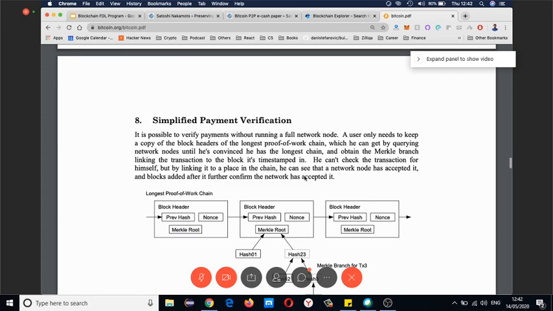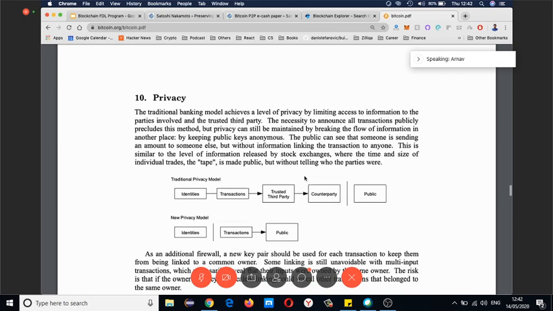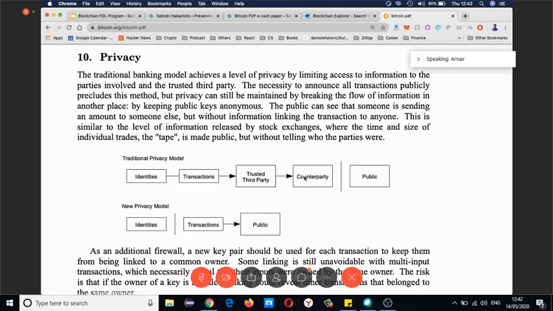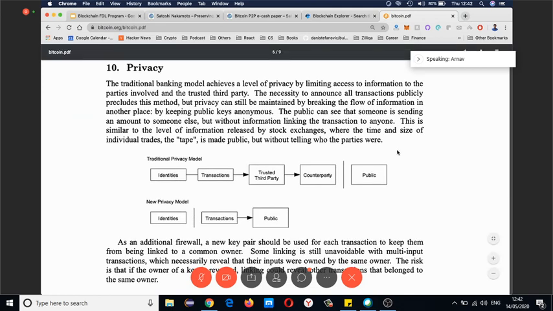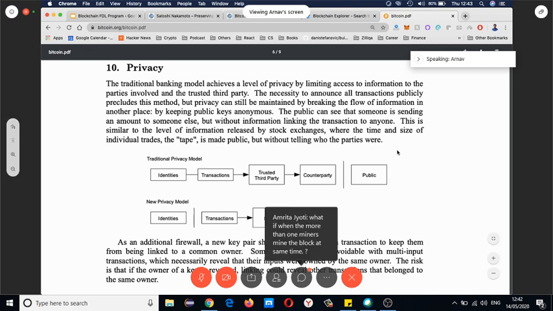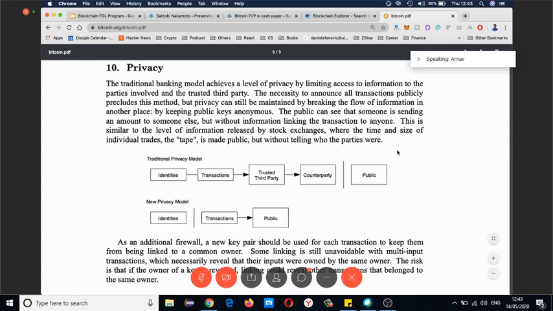Just talking about Bitcoin's privacy model, I think this is also something interesting, right? People say that Bitcoin, and there are some cryptocurrencies that are focused on privacy, right? So people say that Bitcoin is private, or what the Indian government was saying was, no one can track it and so on. But I read a research done by a UK bank, and they listed